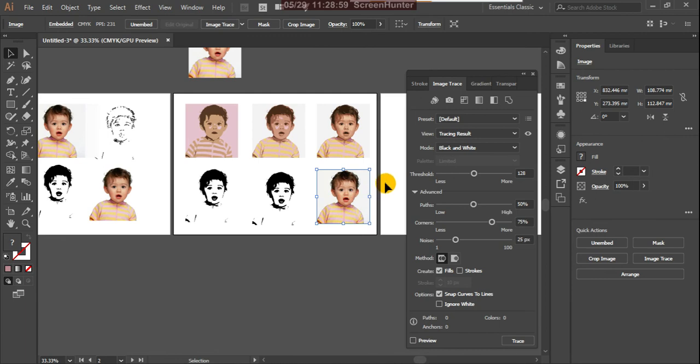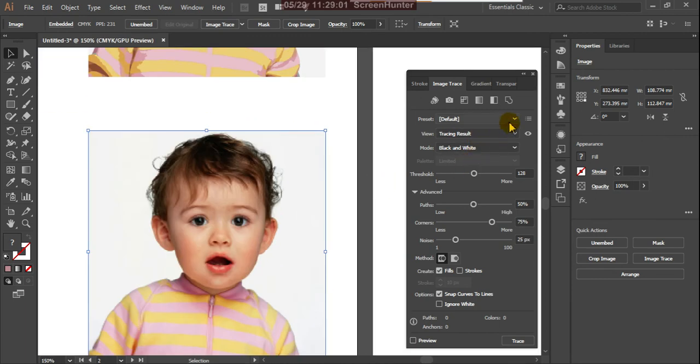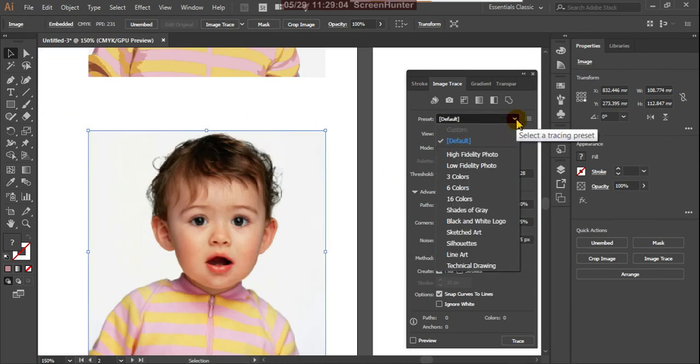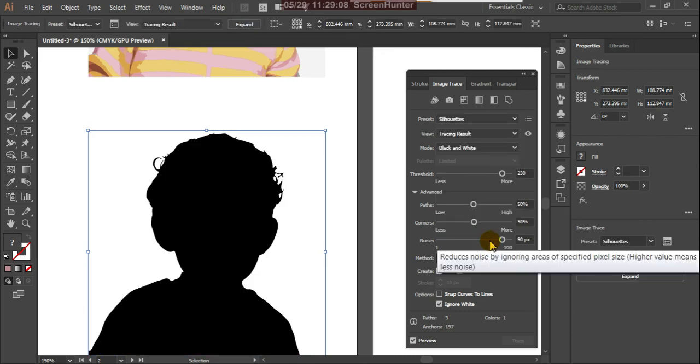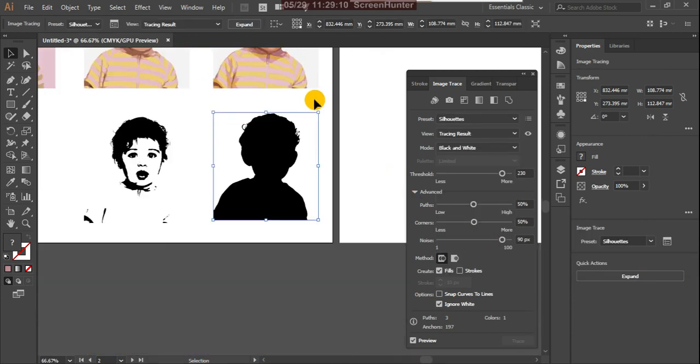Yes, and here we use the silhouettes. Silhouette means what? If you fill any single color, black or white or blue or green, any color in that, it can be a silhouette.